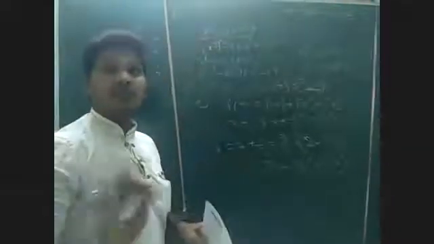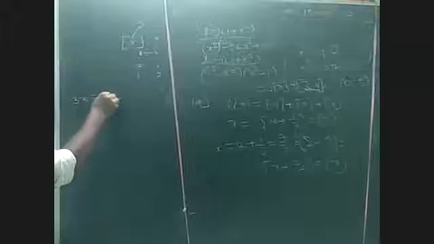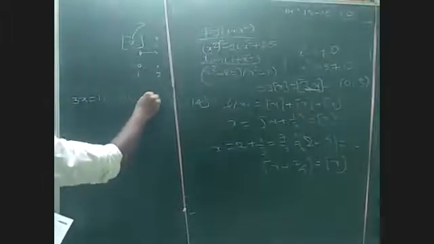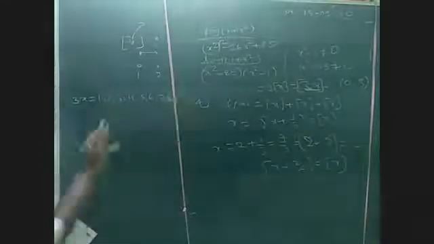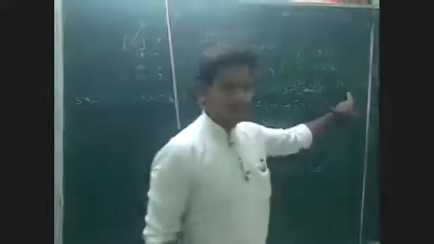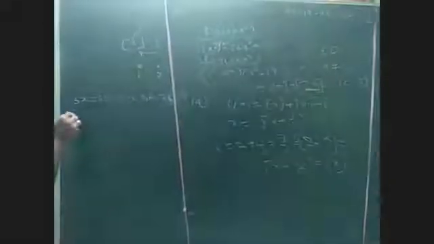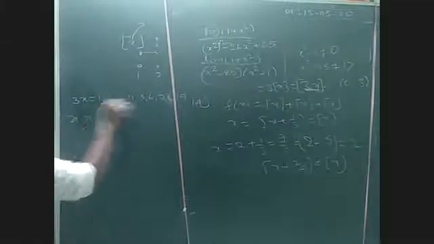In this case 3x should not be an integer, where x lies between 0 and 3, open interval. What are the possible values? Can you tell me that? I want to take 3x equal to 1, 2, 3, 4, 5, 6, 7, 8, 9. If you take like this, look at it. We cannot take 0 because it is an open interval. Now what are the x values? x equals 1 by 3, you can cross multiply, because these are integers.